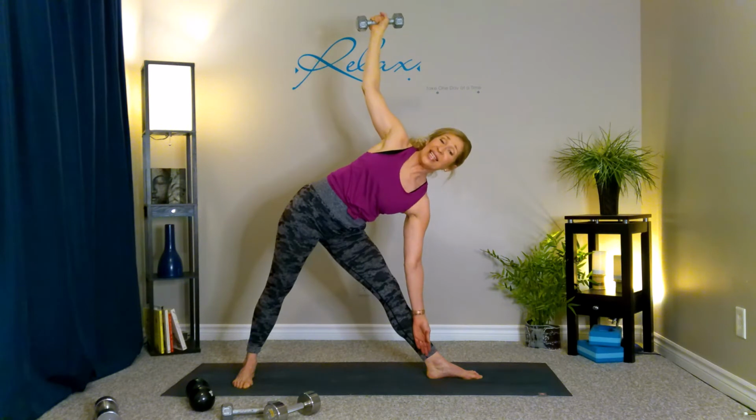So let's finish with another 2 on the side. Lots of good work for the obliques and the shoulder. Bring it back up and lower that weight down. Let's switch it over. So taking the feet in the opposite positioning, taking that other weight or the same weight